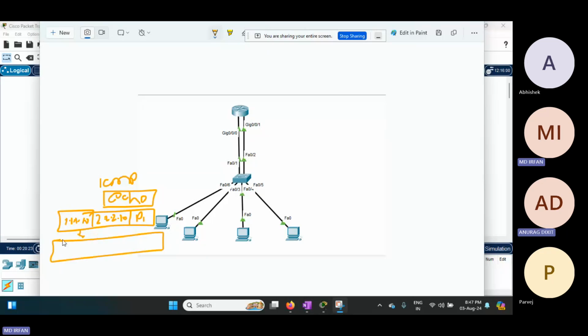Layer 2 will add its header. Source MAC address, the computer's MAC address, 0A for example. Destination MAC address, this one. See, now this is a different network. If we have a different network, then the packet will always go to the gateway. The packet will hold here, then the router will generate this. This packet does not have this MAC address because it's a different network. If a computer is trying to reach a different network, it will always hold this process and initiate an